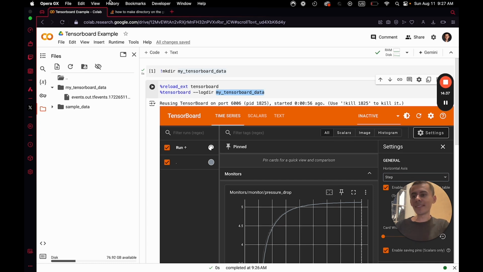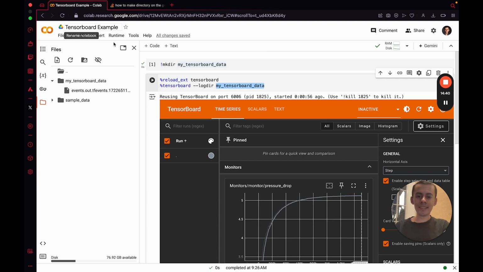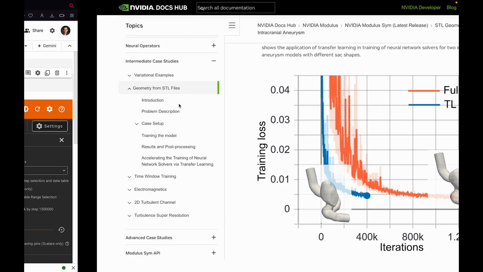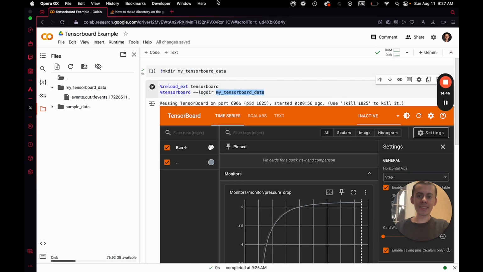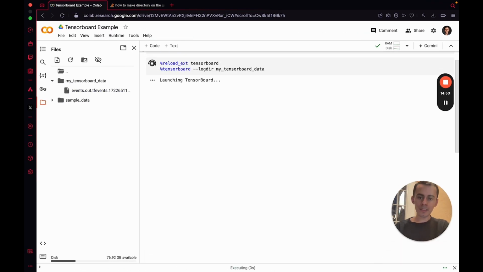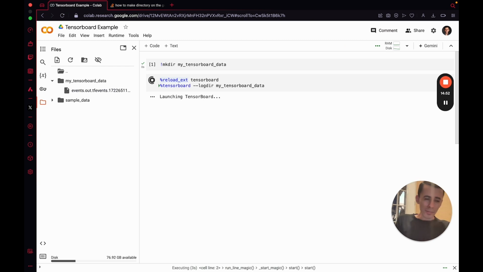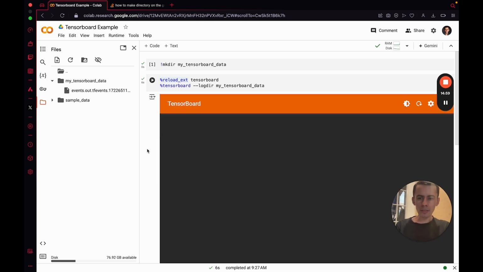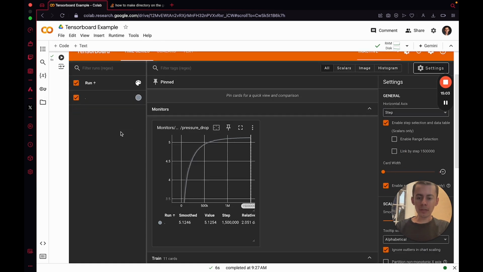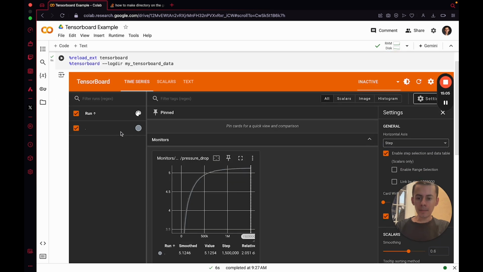I'm doing this now on Opera because TensorBoard on Google Colab doesn't show up on Safari. I don't know why. So we're doing it here. I don't know about Chrome, but you may need to try a different browser other than Safari, because TensorBoard on Google Colab doesn't show up well on Safari. Okay, so this is how you load the TensorFlow events, and